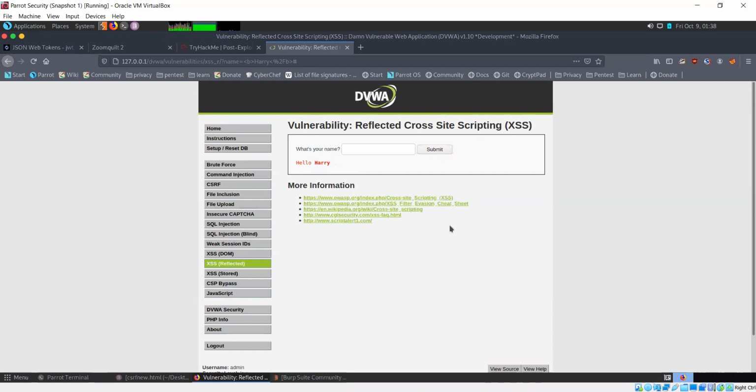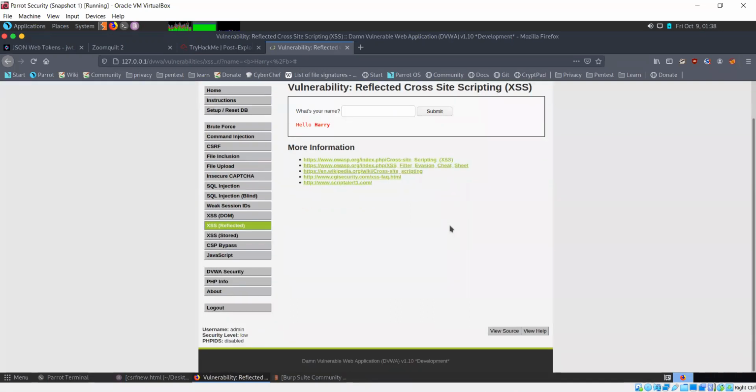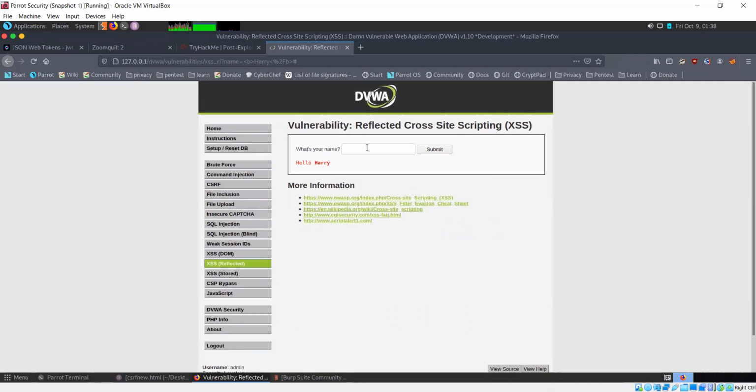So what this means is that there is no validation of input. Whatever we are entering, it's simply executing that. Okay, if I enter this, the difference is clearer now. This word is in bold. So we're able to enter anything we want in this case, and that code will be reflected back to us here.